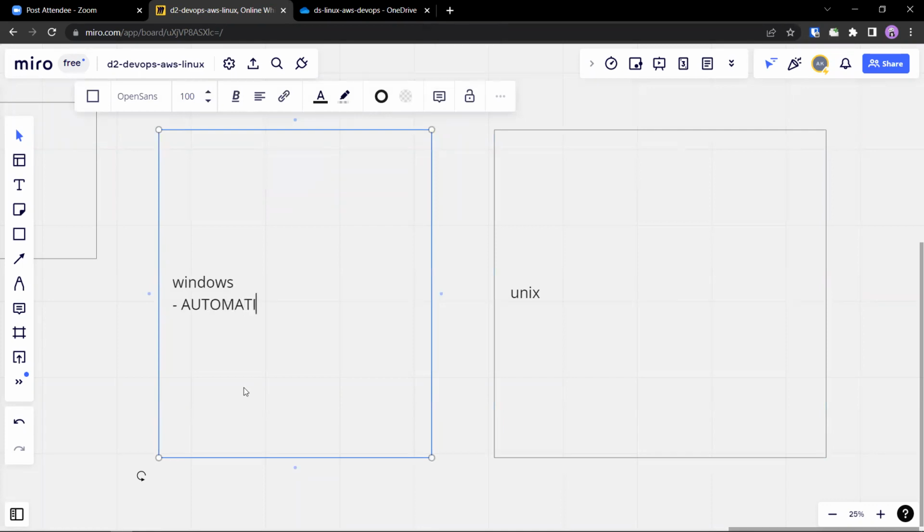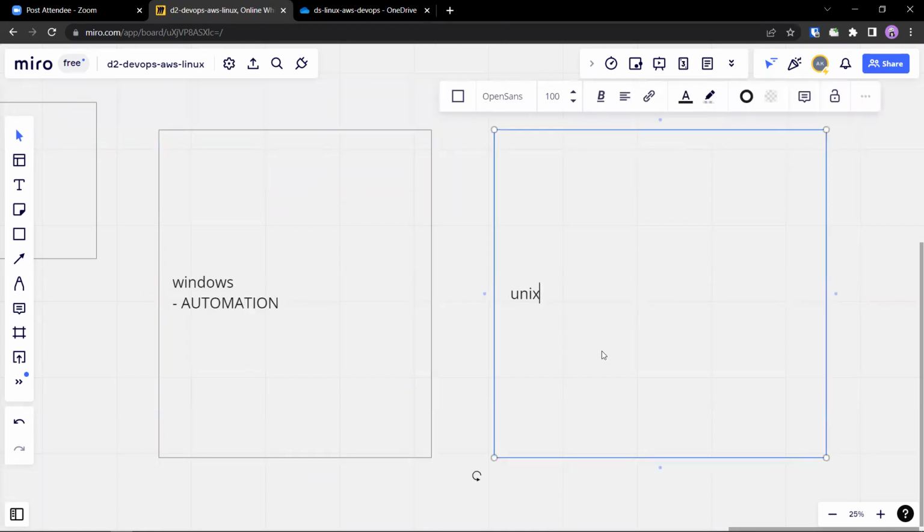Let's look at automation. This is very important. How automation is different in Windows versus Unix. Before we go in here, let's see what automation is. Any guesses on what is automation? Let me make it easy. What is the opposite word for automation in English? Opposite word for automation.